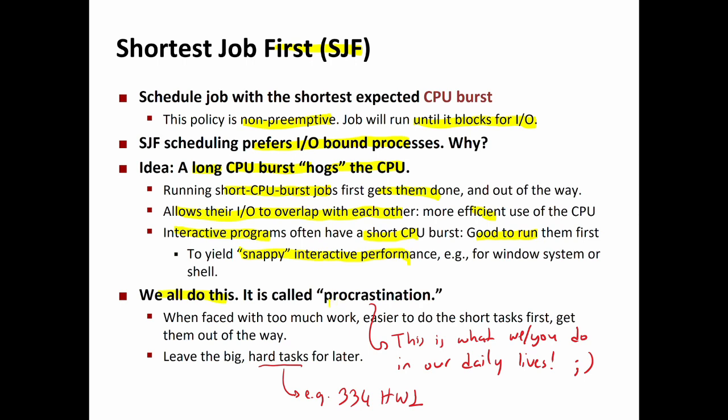It's called procrastination. When you're faced with too much work, you typically pick the easier ones and get them out of the way, and leave the big hard tasks for later, such as your homework one assignment. It's a big task. So you first do this and that, and sometimes you never get to work on the actual hard tasks. So this is a reminder that you should really start working on your homework one. Okay,